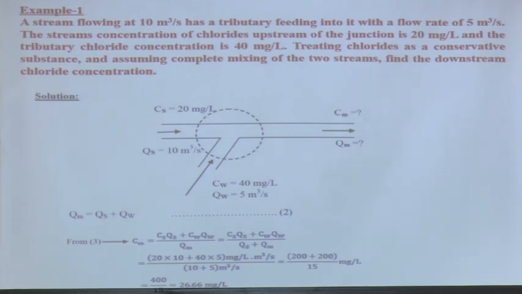That is, what is the volumetric flow rate of input? That is your Qs plus Qw. That is equal to Qm. So, I have two equations, and another one is by conservation of mass, that is when I multiply it with their concentration. So, I get two equations. Qm is equal to Qs plus Qw and Cm is equal to Cs Qs plus Cw Qw divided by Qm. Now, I can put this value Qm is equal to Qs plus Qw and I can get all the values here and I can solve for Cm.